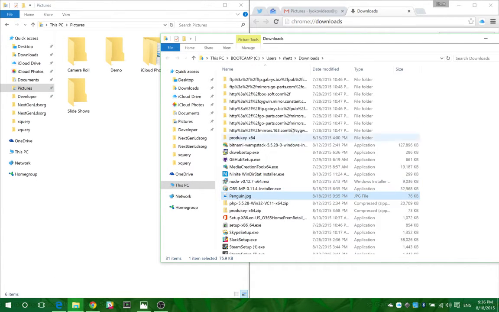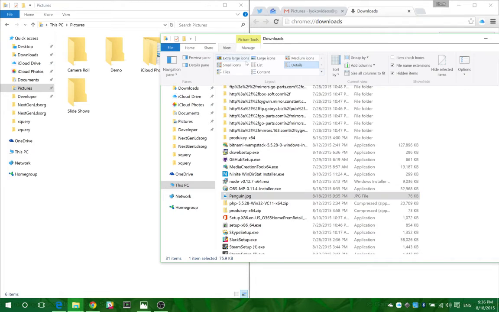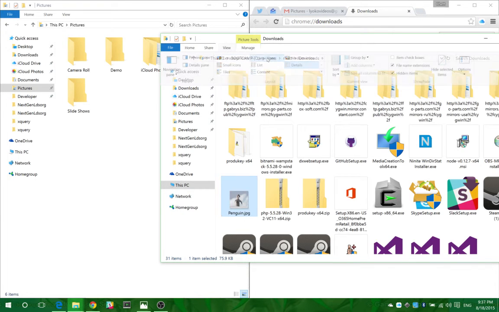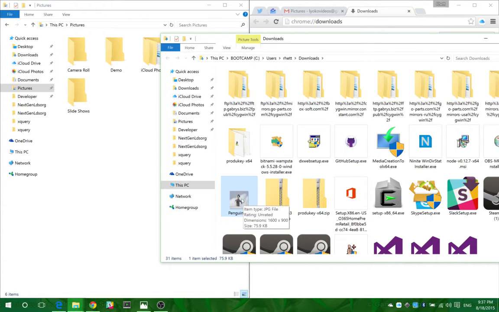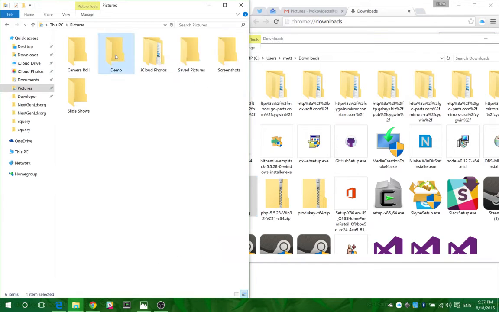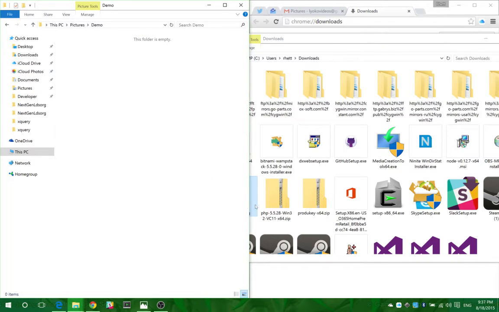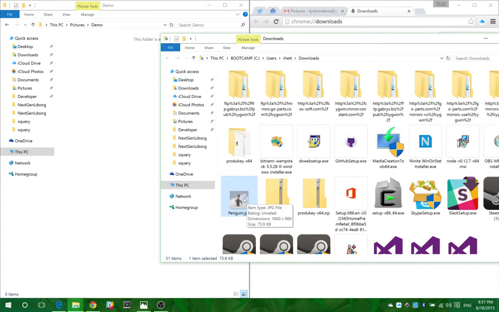That's my penguin. You can't see him here unless I turn it into a large icon, and then you can see, look, there's a little penguin in that picture. So what I want to do to put him into photos is just drop him in my demo folder where I'm putting my pictures. So if I drop him in here,